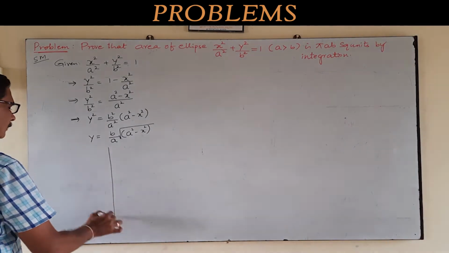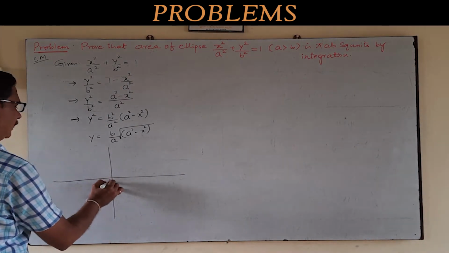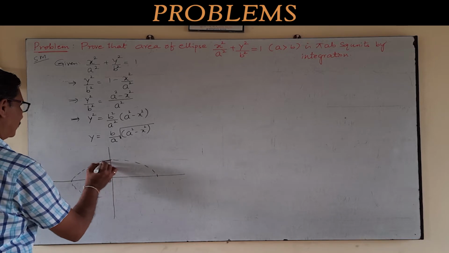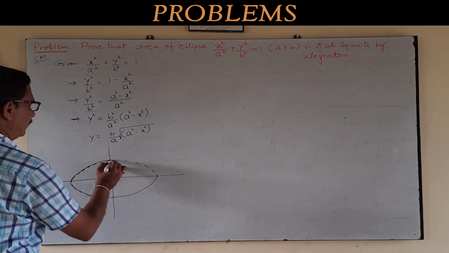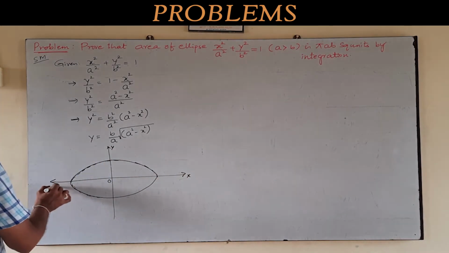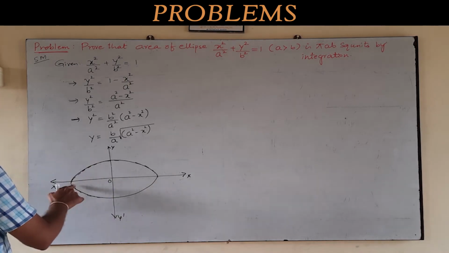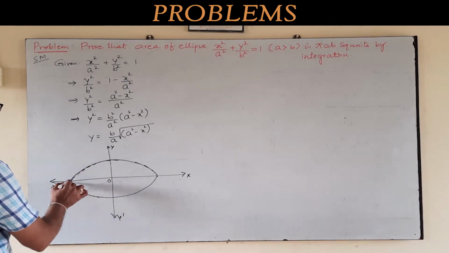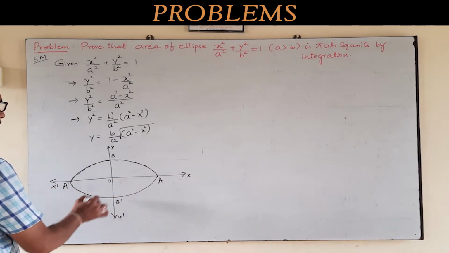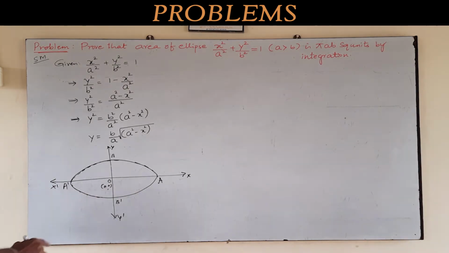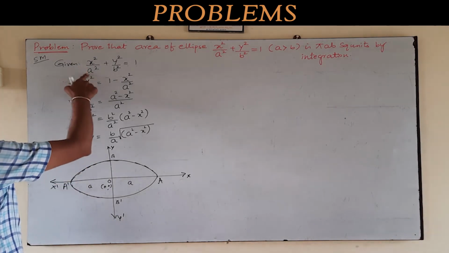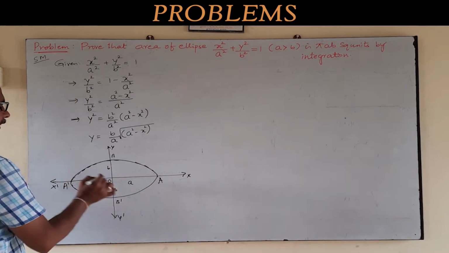Now here, x square by a square plus y square upon b square: the curve lies like this, just like an X-shaped structure, isn't it? You know the concept of the ellipse already from first PU, isn't it? So this is the ellipse. Now the question is to find the complete area. Here the curve cuts the x-axis at A dash and the y-axis at B dash. O is the origin, that is 0, 0. Now take the distances: OA is equal to distance A, OA dash is also distance A because the x-axis distance is A. Similarly, the OB distance here is B.